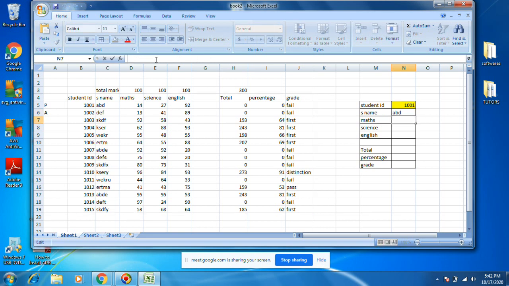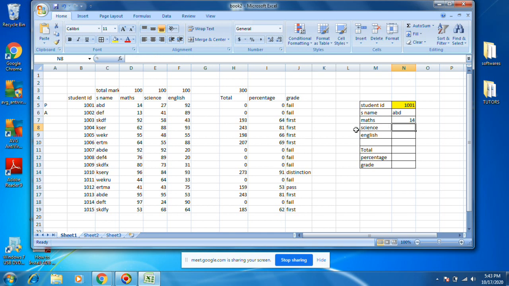Just to change the column index number. This is Maths marks now. Maths marks will be in the first column, second column, third column. Instead of 2, I need to keep 3. Okay, his Maths marks came, 4.